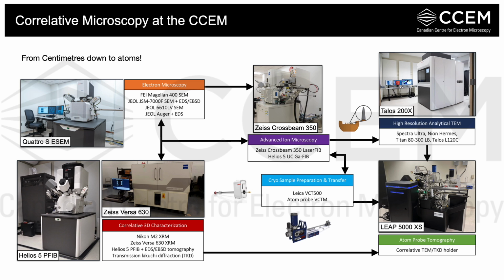Okay, back to our workflow. So now we've imaged our surface, and we have a better context of the interior of our sample. So now we want to correlate this data together. And if you remember what I said a couple slides ago, this can be done back on our Crossbeam, again using our Atlas V software.